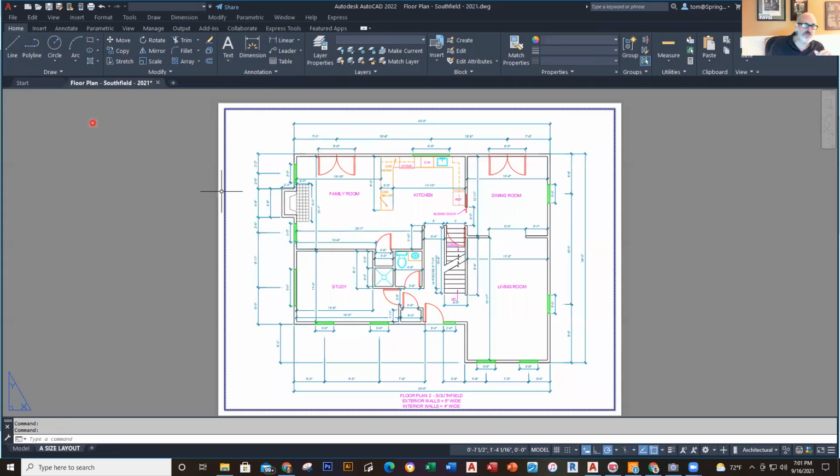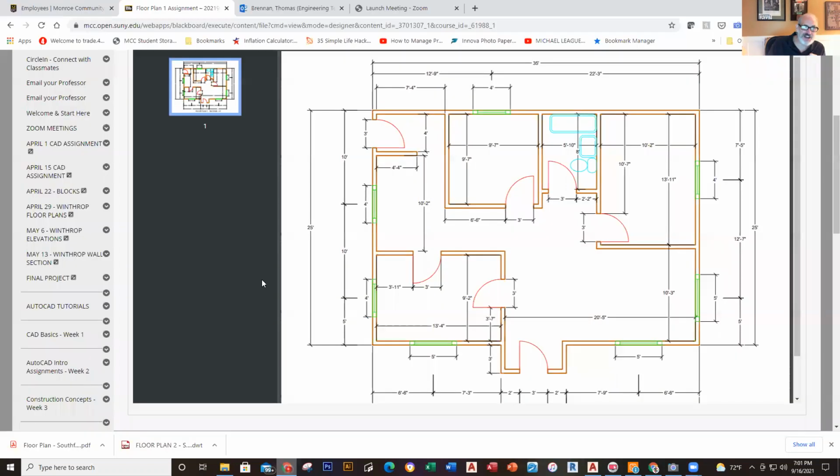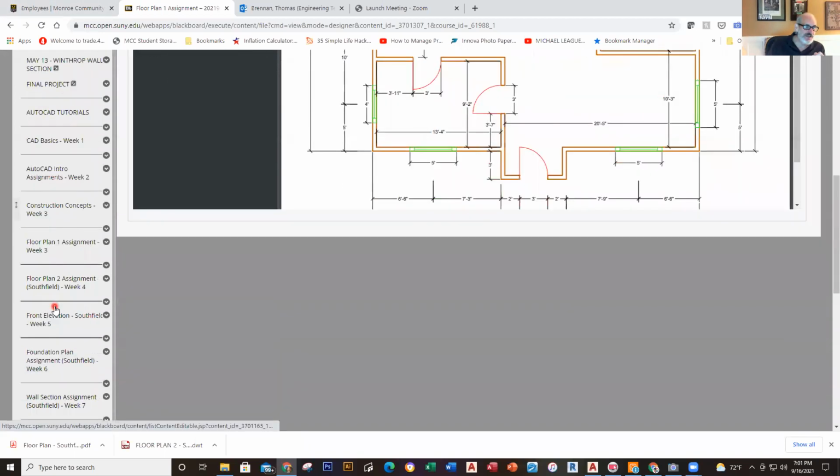And we're going to do this week's work. This is this week's work. This is floor plan 2. I have it called floor plan Southfield here. And so what we're going to do right here is we're going to go ahead and work with this. So to do this, I'm going to go back out here and I'm going to go out to